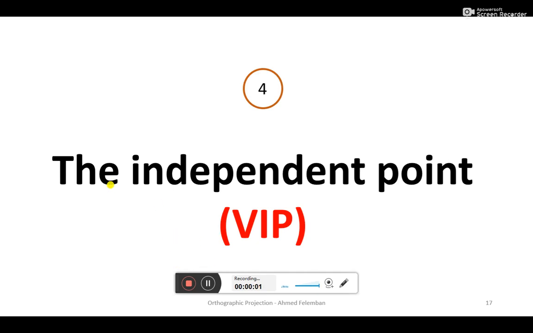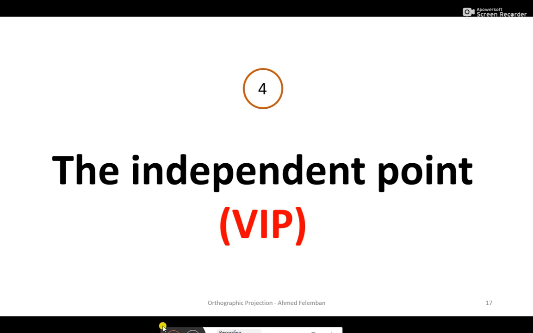Okay, rule number 4, the independent point. The independent point, very important. Just give me your attention for that rule, very important rule. So